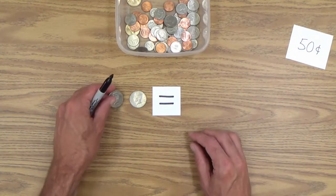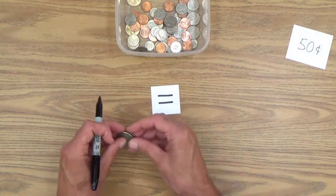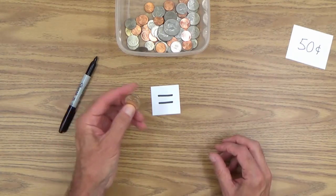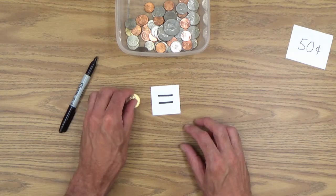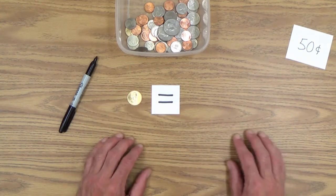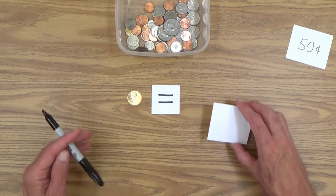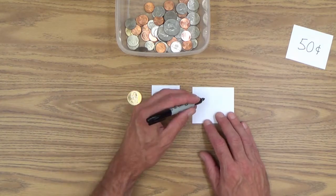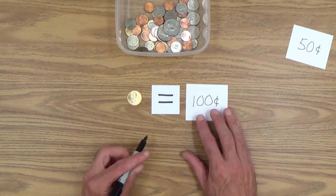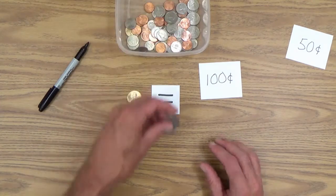2 of these 50 cent pieces is worth, well, let's do this first. We're always working on exchanges. And then we have this, what you very rarely see, the $1 coin. And you could go through the various stages of that, like we did, and set up the equation. You don't want to get into the money notation yet, so we're just going to stick with cents. That $1 coin is worth 100 cents. And you could very briefly just say that, start making yet more exchanges, but one, of course, you want to show that